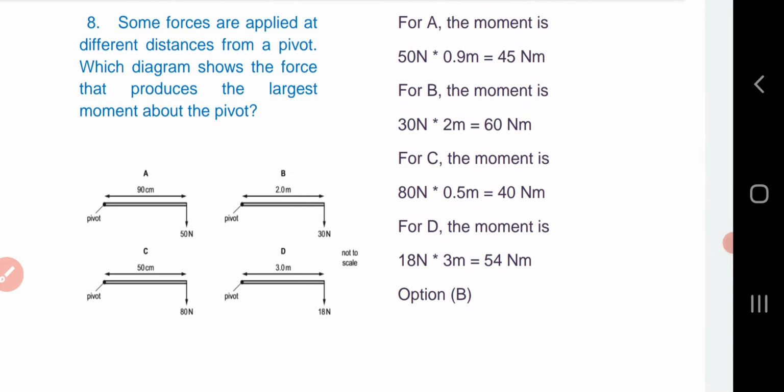Question number 8. Some forces are applied at different distances from a pivot. Which diagram shows the force that produces the largest moment about the pivot? Okay, the answer is,